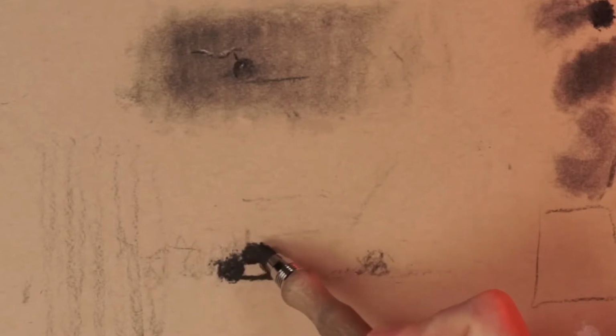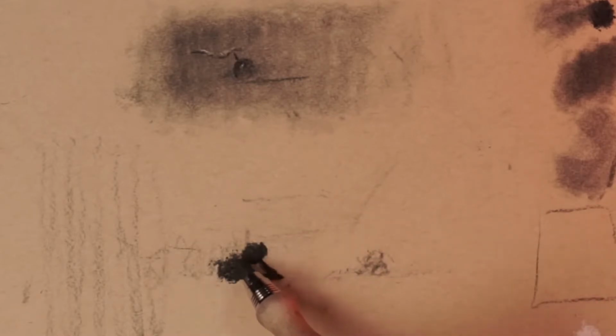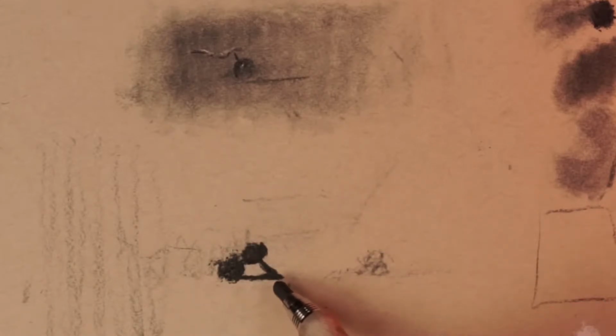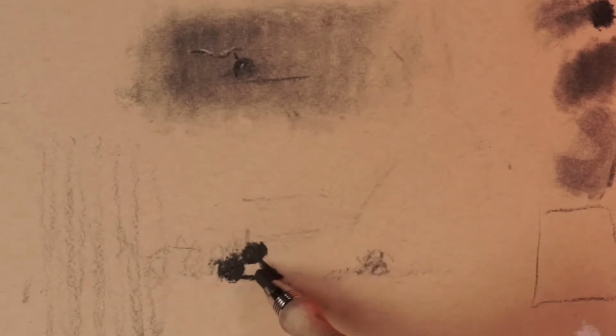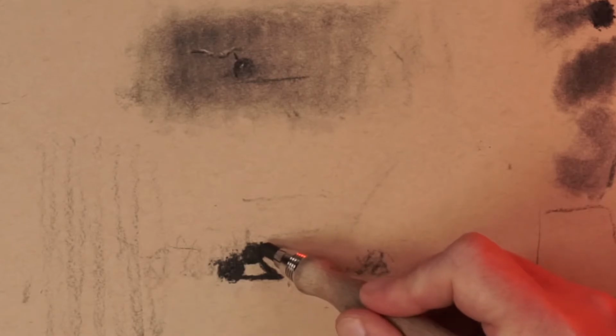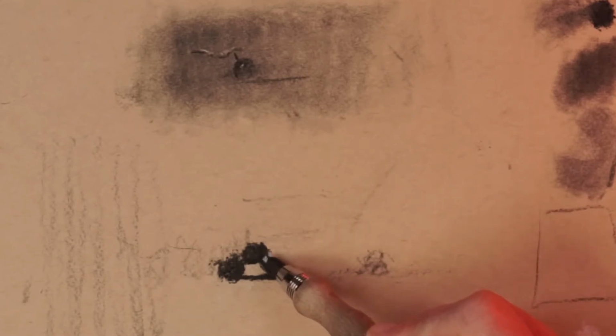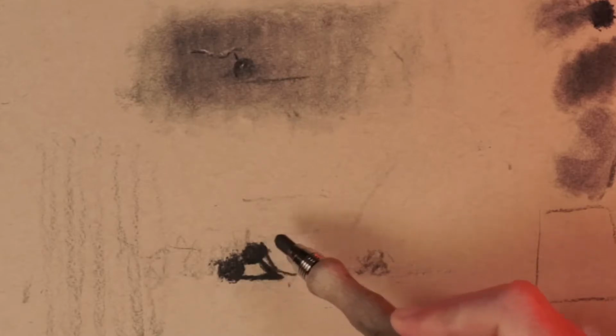But I don't necessarily want to close everything down like I just closed down this negative shape. It's important to have a few things closed down, but usually people are trying to close down objects. Notice what I did here. What I closed down was a negative shape, not a singular object. And yes, if this was a cast shadow, it would follow the form, and so that would be curved. But for the purpose of design,